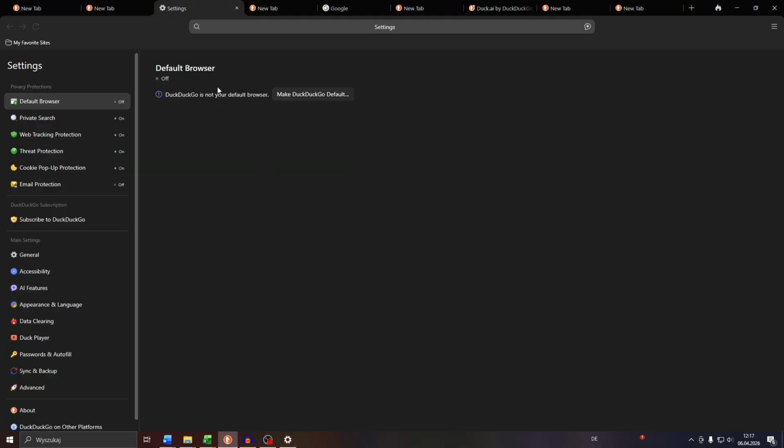After that, this suggestion here will disappear and DuckDuckGo will be the default browser. So whenever you perform any actions on your desktop computer that requires access to a default browser, like, I don't know, opening a specific tab or website or URL, your desktop computer or your operating system will automatically navigate to DuckDuckGo and